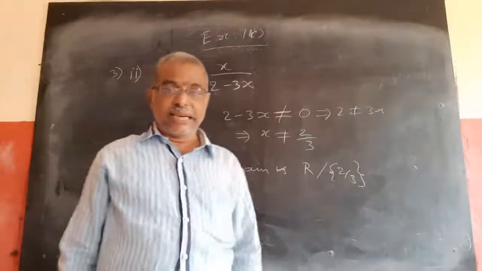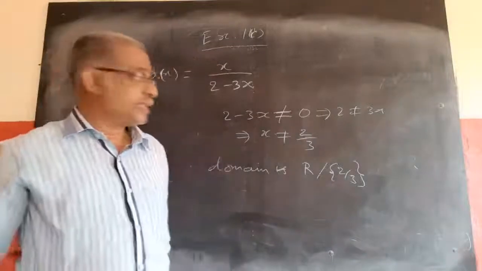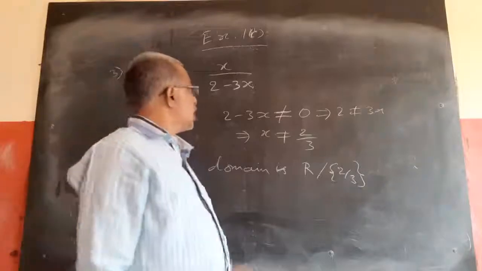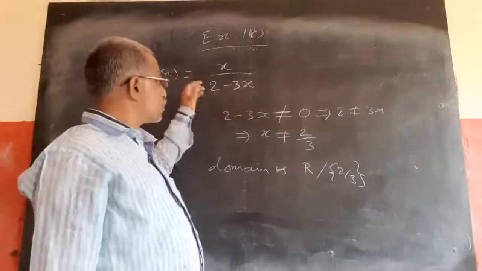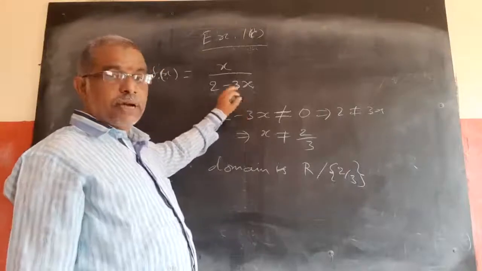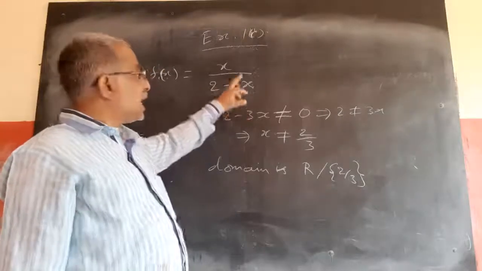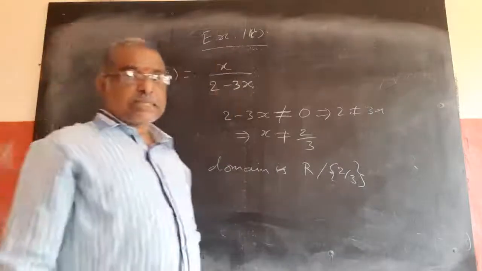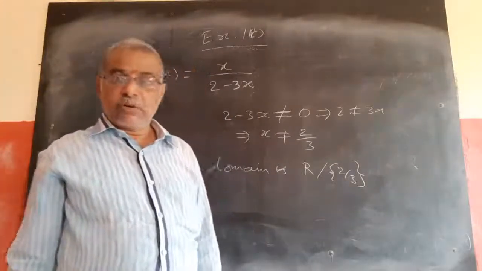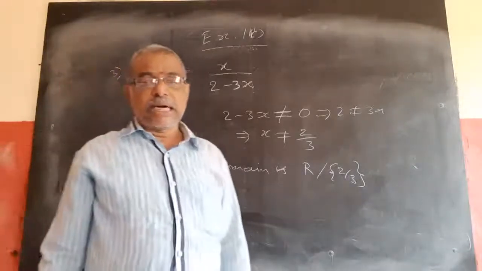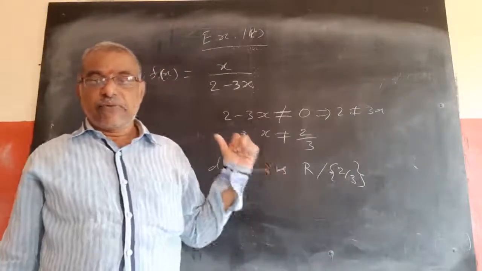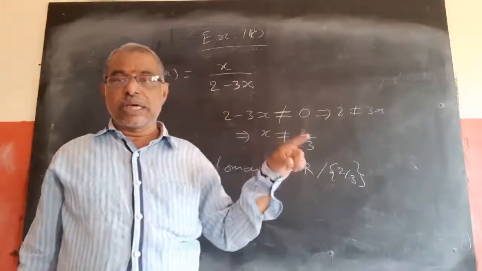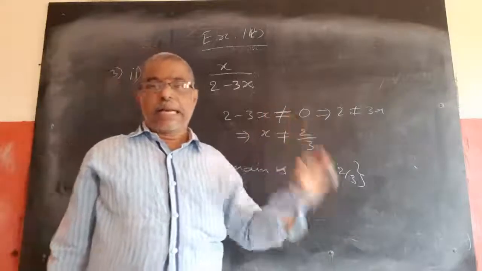Next we need to find the range. For that, I told you two methods. One is the general method: find all the values of y for all the values of x. The next method: let y belong to the codomain such that y equals f of x, and find x in terms of y. Find the domain of that, and it gives you the range of the required function.